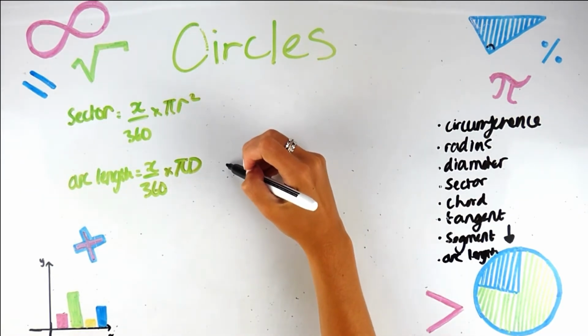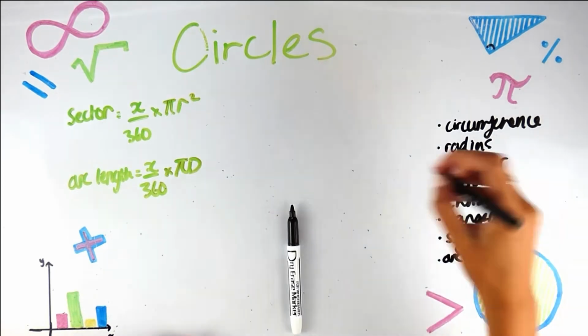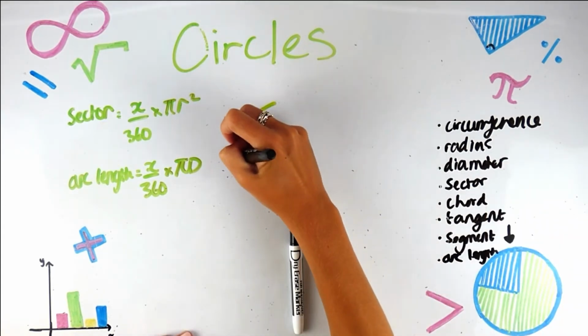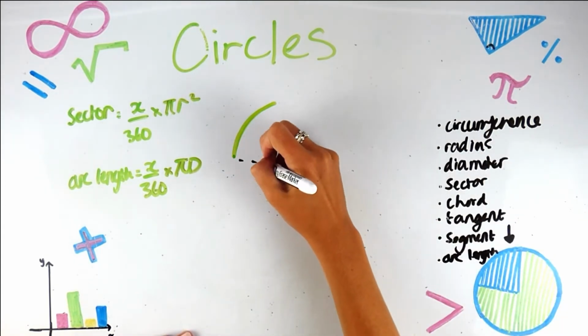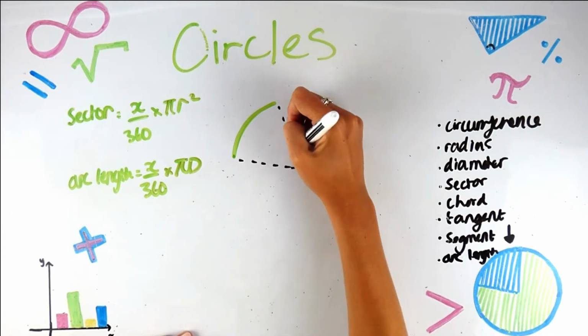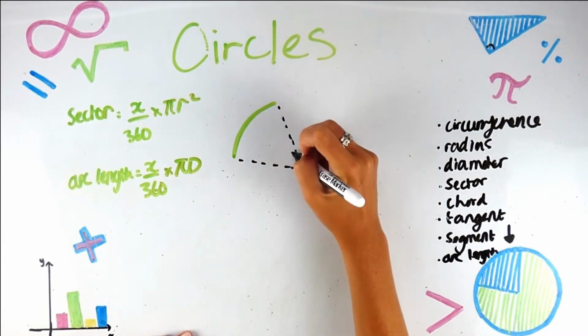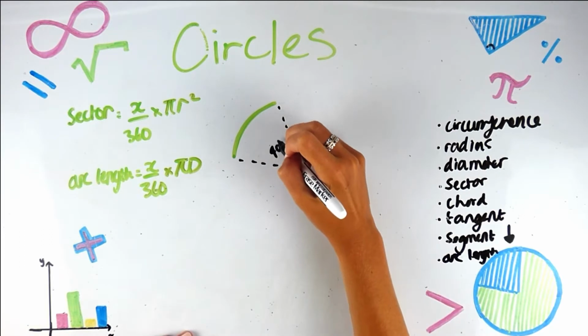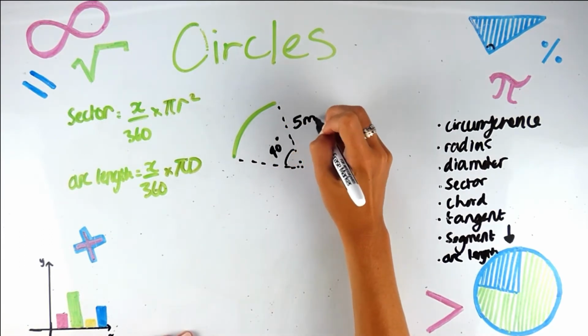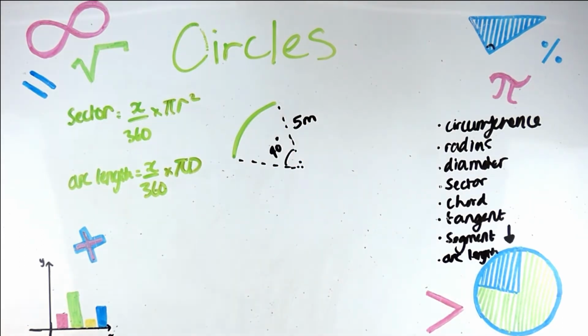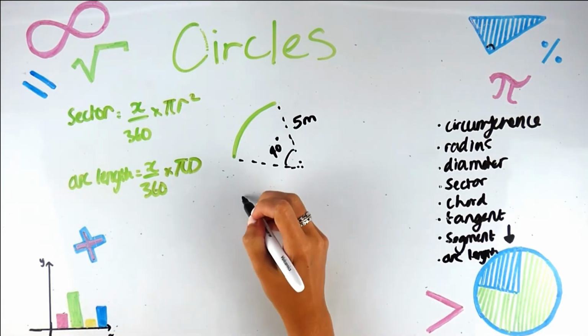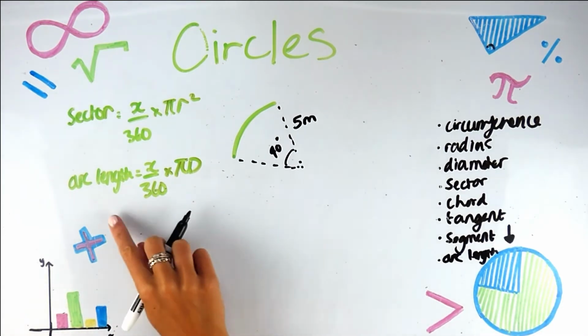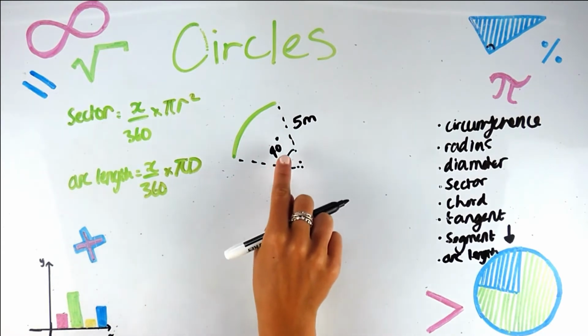Okay, what about if I want the arc length? So I want this. And I'm given this information. Okay, I think, that's not the circumference. I like the circumference. I know what to do with the circumference. But I think, I guess it's a bit of the circumference. So either I can just copy this formula down and put in the x and the d,